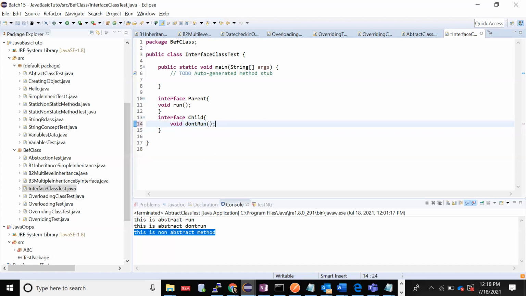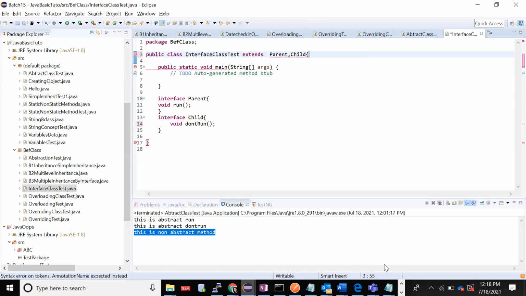Now, how can you achieve multiple inheritance? Multiple inheritance is one class extending two classes, which is not possible with respect to class. But with interfaces I can extend the parent and child, because those are interfaces. I'm extending these two.